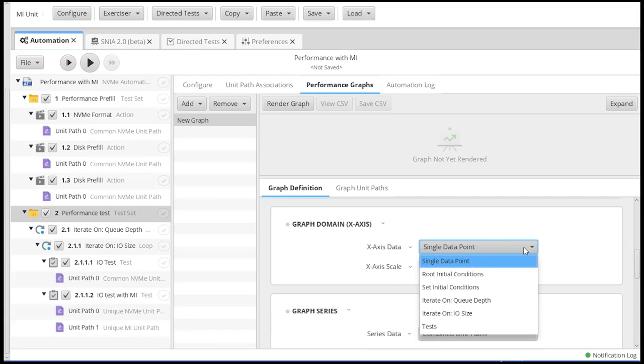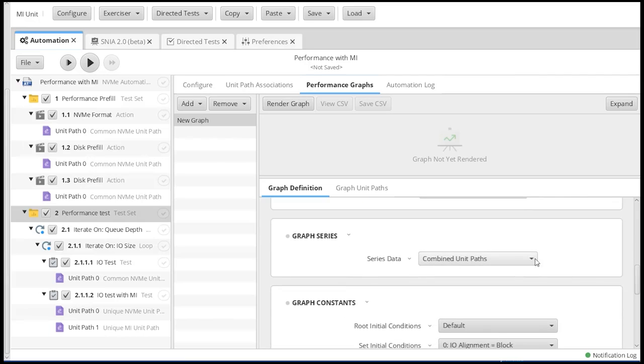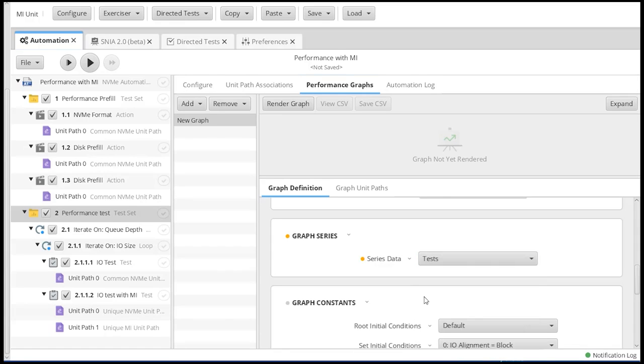For the x-axis, we're going to do this by I/O size. And we're going to set this scale at logarithmic base 2. And then for the series, we want to compare the tests. So we're going to do this with tests.